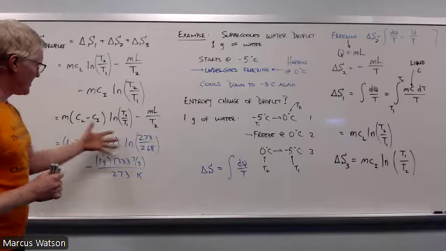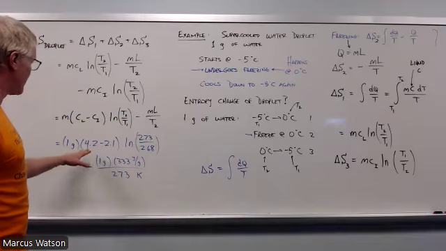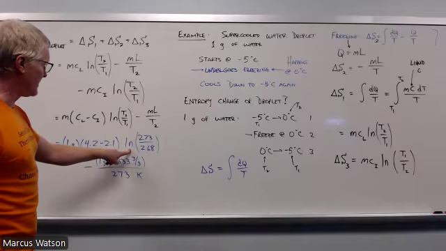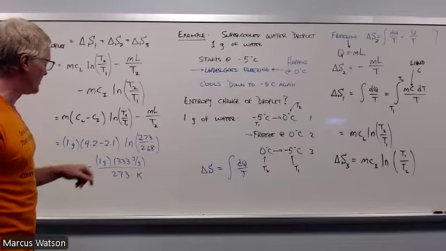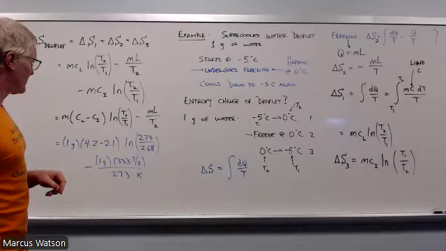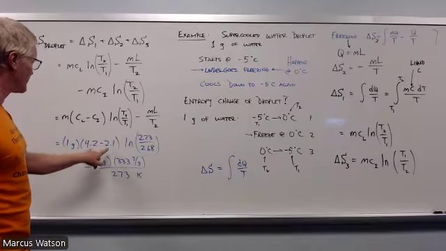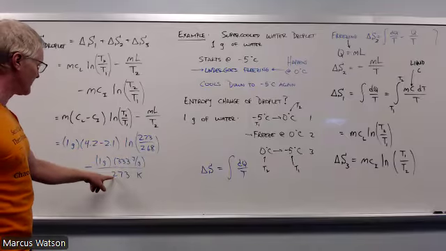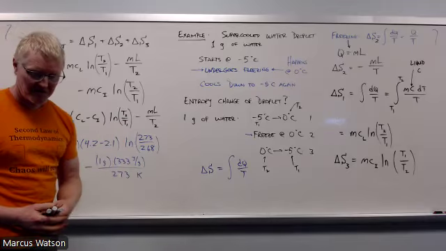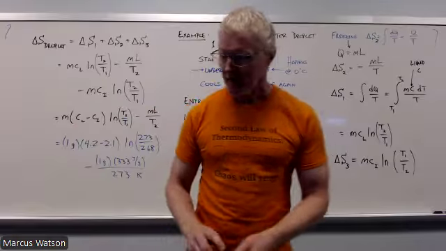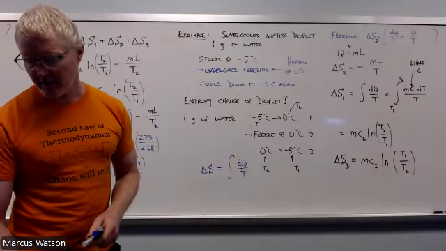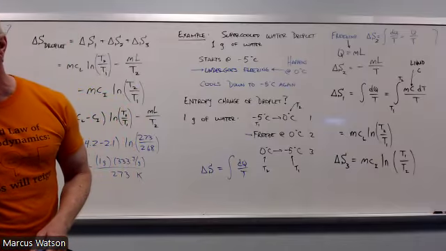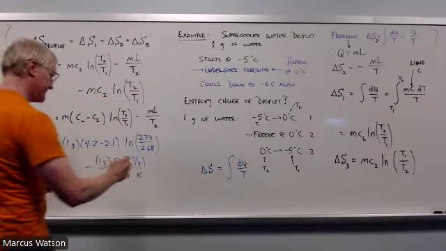All right, so this number here, I'm guessing, is going to be a negative number because this log is going to be a pretty small number. This is a ratio close to 1, so this is going to be a number between 0 and 1. This is a number about 4, but this is a number that's 300 divided by 200, so this is a number that's about 1. Oh, well, maybe it will be. Let's see here. I got negative 1.2.